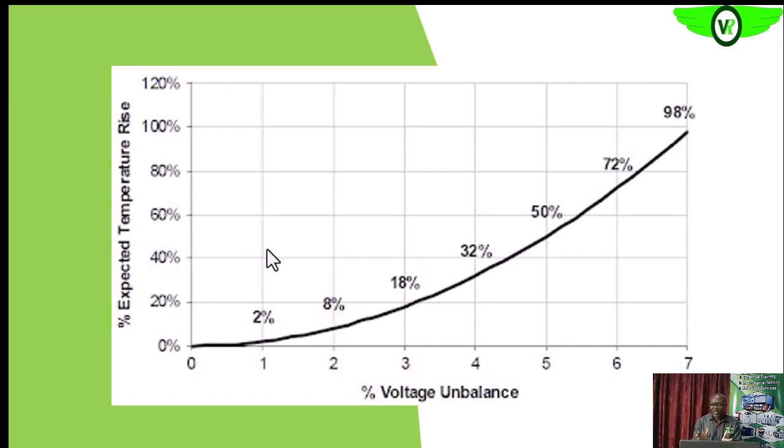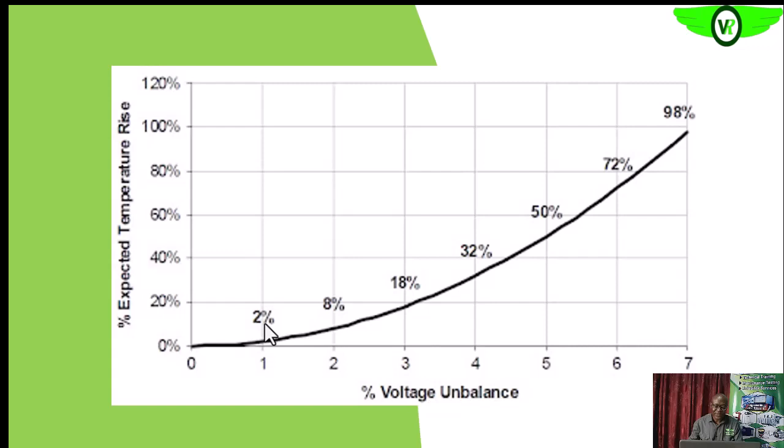You can imagine that. So that will mean that the heat that will be lost, the dissipated heat or energy that will be lost from the system in the form of heat, will increase by that amount, 6% and 10%. Are we getting it? So if that happens, we know that clearly that heating effect will affect the reliability of the electric motor itself, and thus the system. So if you look at it, 1% voltage unbalance can result to